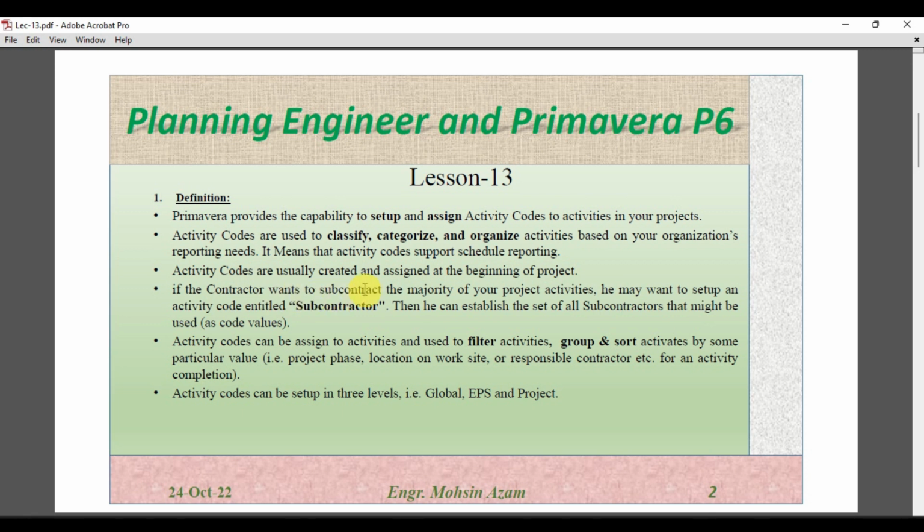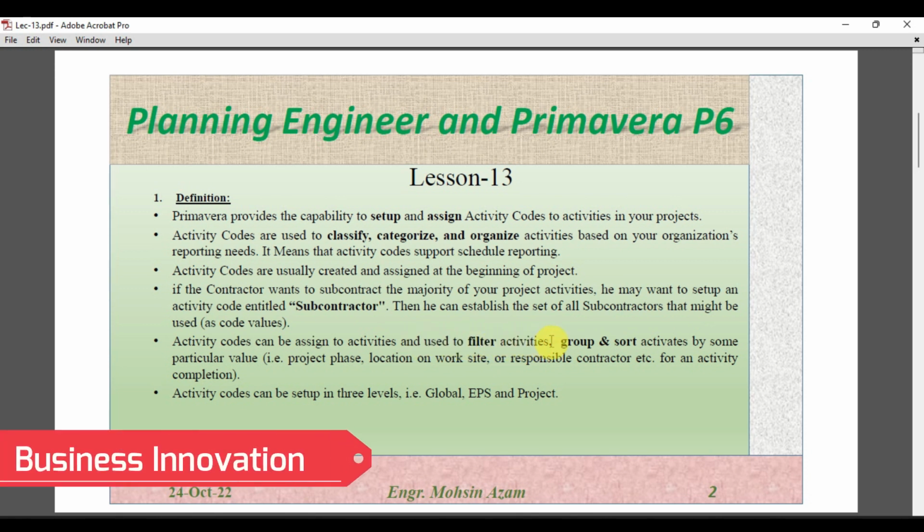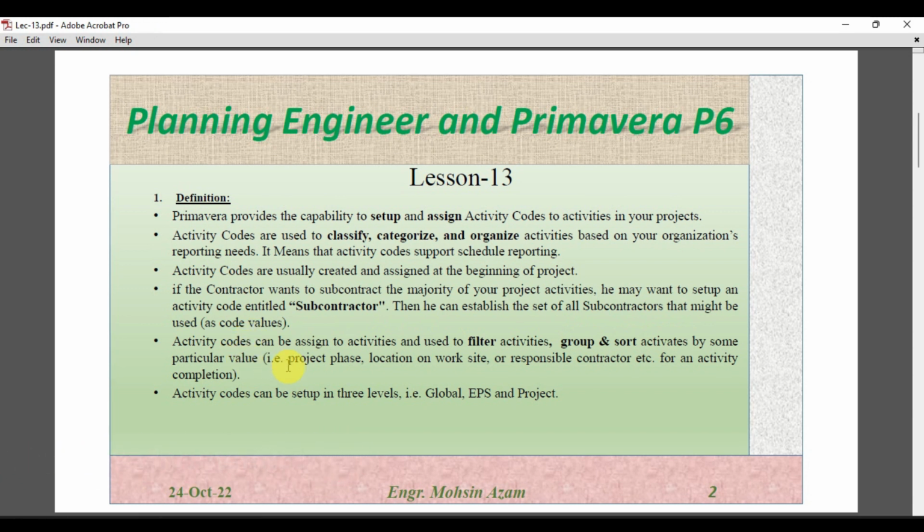If the contractor wants to subcontract the majority of the project activities, he may want to set up an activity code entitled subcontractor, and then he can establish a set of all subcontractors that might be used as code values. Activity codes can be assigned to activities and used to filter activities. We can use activity codes to filter out specific activities, and to group and sort the activities by particular values,